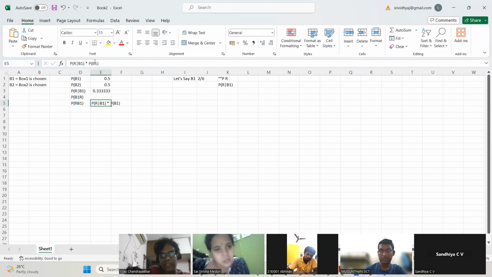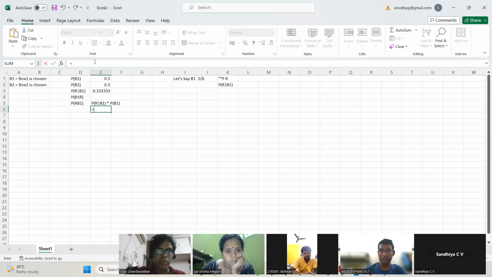Anyone here who doesn't get this? This is the definition of conditional probability, right? We know that P of AB is P of A given B multiplied by P of B. That's precisely what we're doing here. So now we know R given B1, it's available here. We know probability of B1, which is 0.5. So this is 0.5 multiplied by